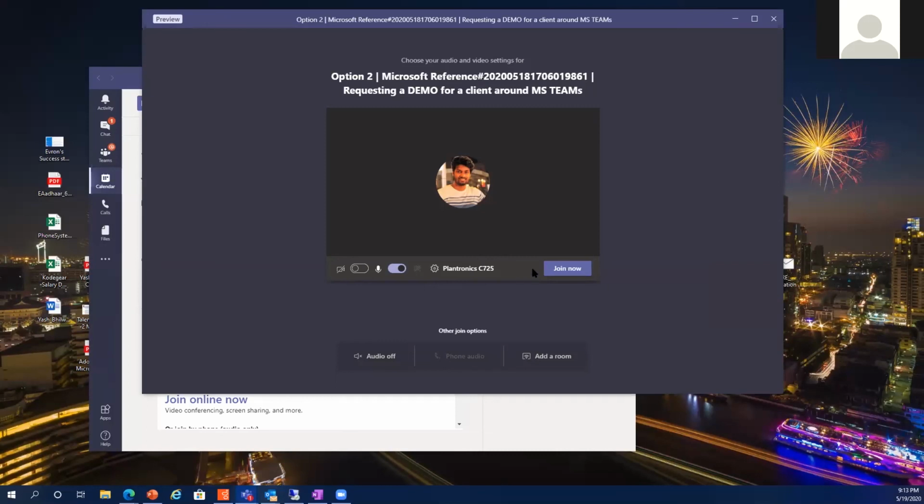So, see, it automatically enabled me because I'm the organizer, and my preferred option is always keeping my microphone on while I'm joining as an organizer. But if I'm joining somebody else's meeting, it will keep me offline, and it gives me the choice again whether you want to do it off or on as per your requirement. And what is my device name, like what is my headset, which is configured as the default device over here. So every setting you can see, and you can join this meeting. So right now I'm just canceling this one.